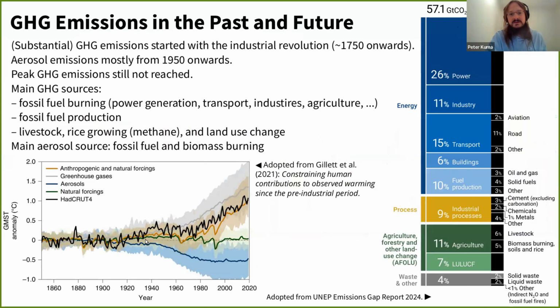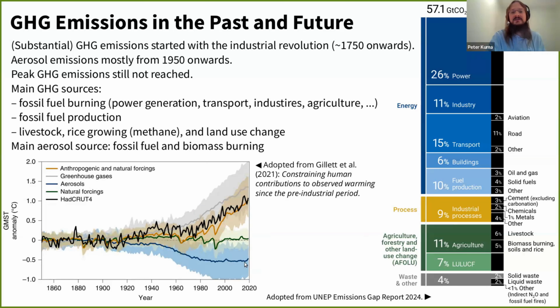Okay. And so what's been happening recently is that due to emissions of CO2, mostly, and other greenhouse gases, we've been increasing the temperature. So this is the global mean surface temperature anomaly, and we see that the black line is the measured one, and that's increased by now almost 1.5 degrees Celsius. But at the same time, we've been emitting aerosols, and the blue line here is the evolution of temperature that would happen only if we were emitting aerosols and no greenhouse gases. So that would be negative.